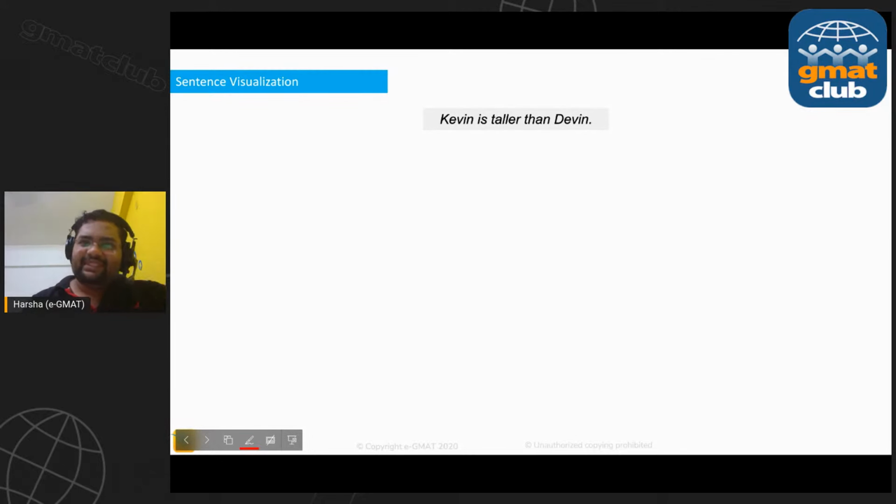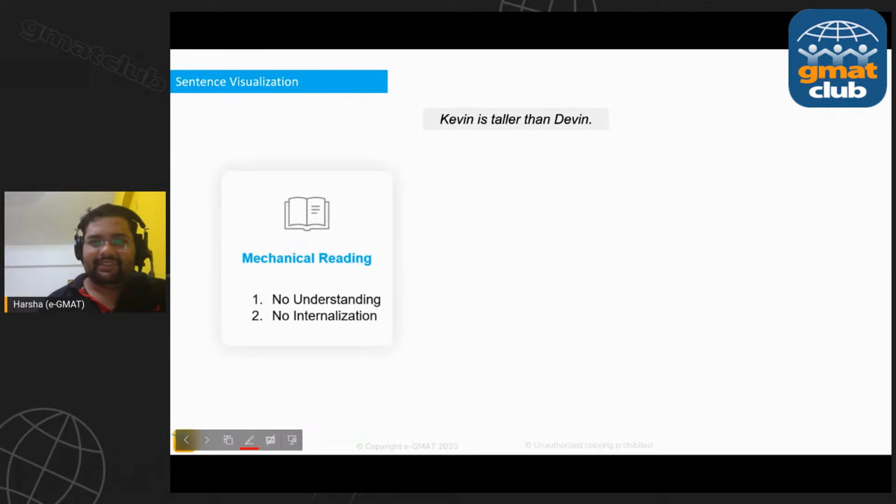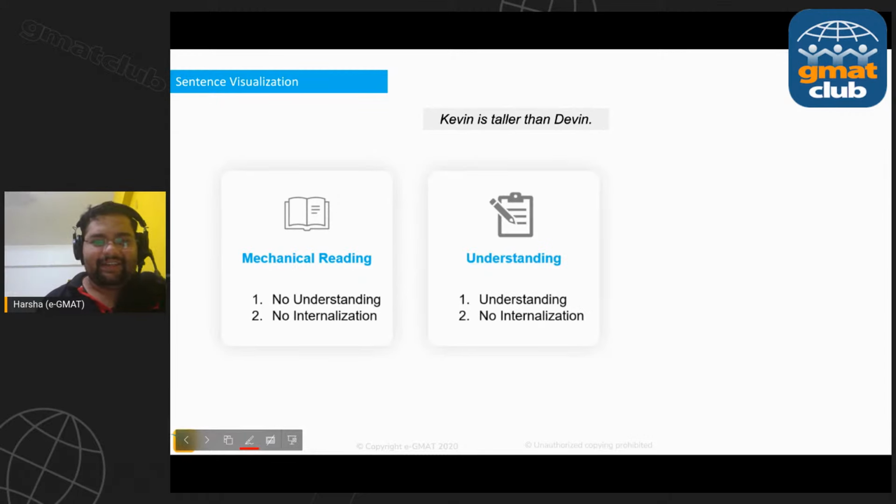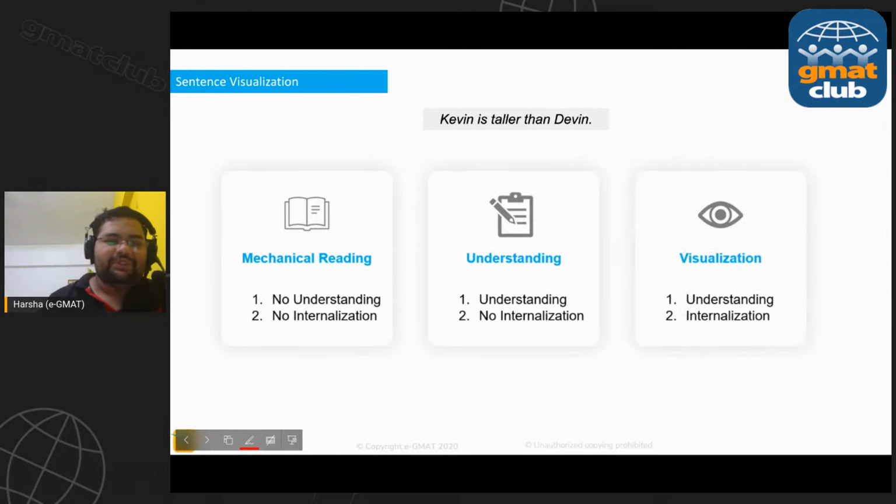So if I give you a sentence which says Kevin is taller than Devin, now there are three ways that a typical GMAT aspirant reads this sentence. One is what I call mechanical reading, one is what I call understanding, and one is what I call visualization, which is for me the next level of understanding. Now, when I say mechanical reading,